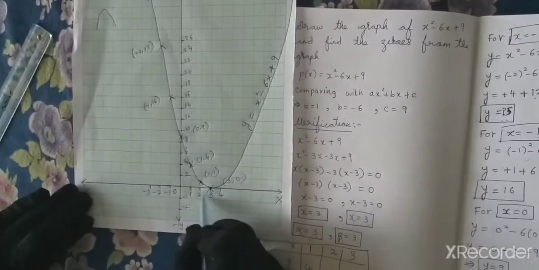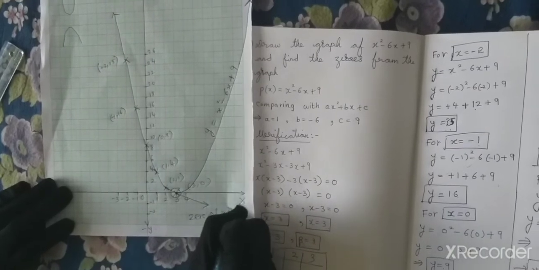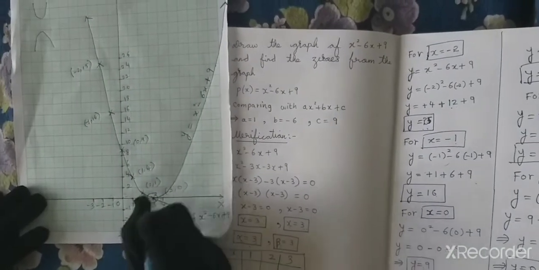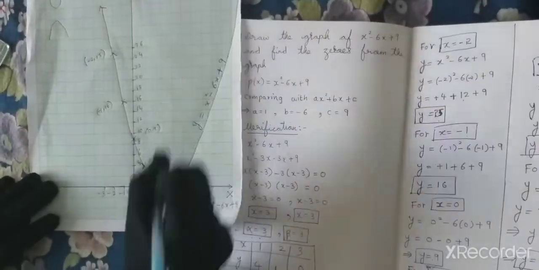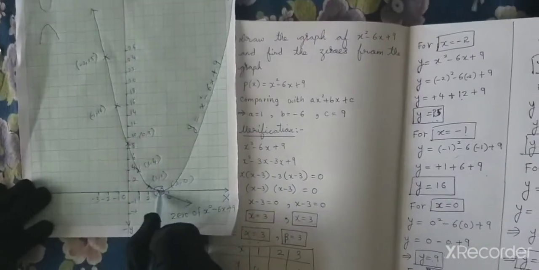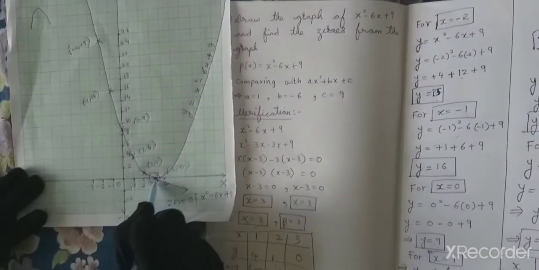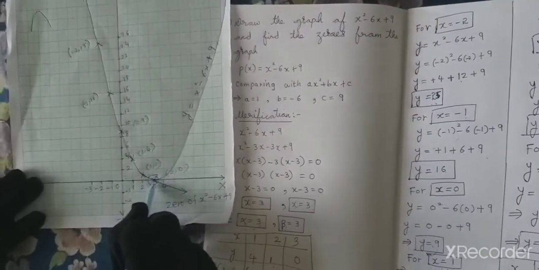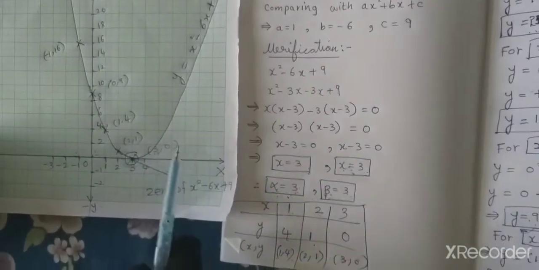And how do I know my answer of this is 0? This is my 0 of x square minus 6x plus 9. That is, this is my solution. Why is it my solution or why is it 0? Because whatever the graph cuts the x-axis, that will be my 0. So where does my graph cut the x-axis? The graph meets the x-axis at this particular point, and the point is 3, 0. So what is my 0 of y is equals to x square minus 6x plus 9? 3, 0. And here I got x is 3 in this verification also. So x is 3 from the graph, x is 3 from the verification. So this proves that my answer is correct.